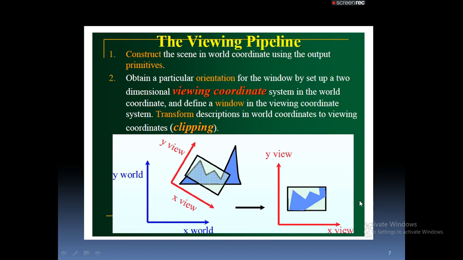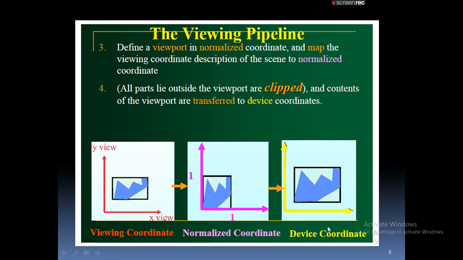As you can see on the right side, whichever part of the object that lies inside the clipping window, only that part of the object has been displayed on the screen of the monitor. So whatever we defined in the left side diagram is world coordinates. If I want to view this object on the screen, I need to convert world coordinates to screen coordinates.